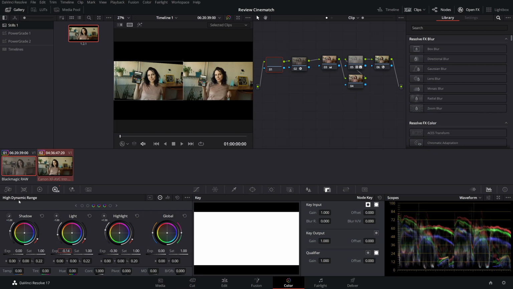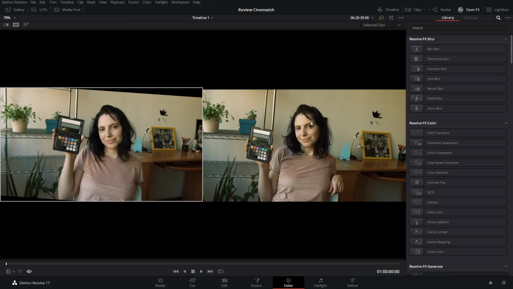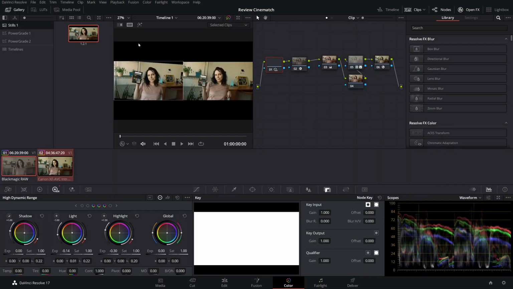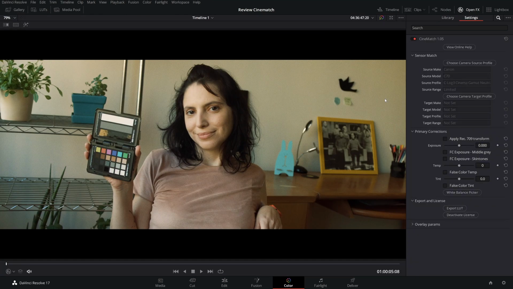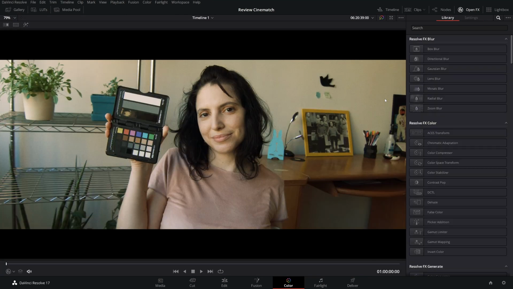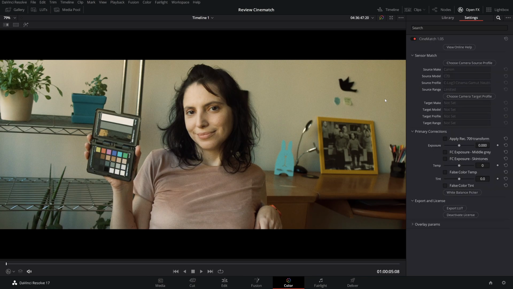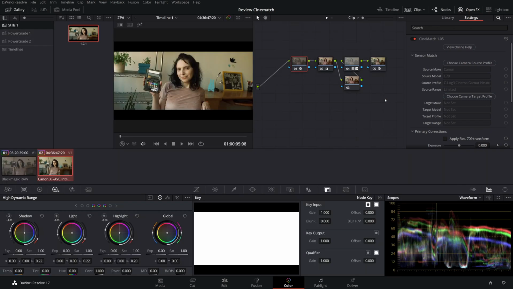I think we did a very good job. Maybe a little more here on the RED one. And oh god, this is so amazing because it works very easily. Look at that, we have almost the same image with two completely different cameras, and the result is good, is fast, and I have no words. And as I said, this is the perfect scenario where you have two different cameras in the same scene.